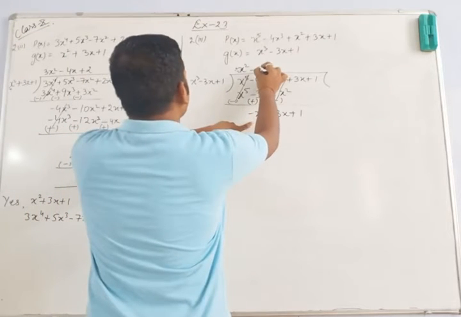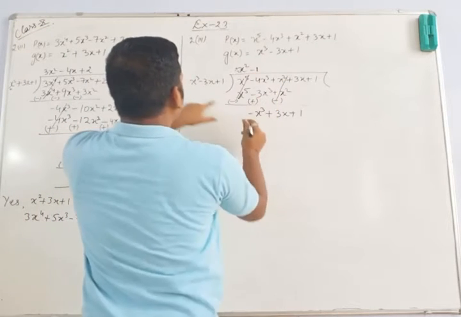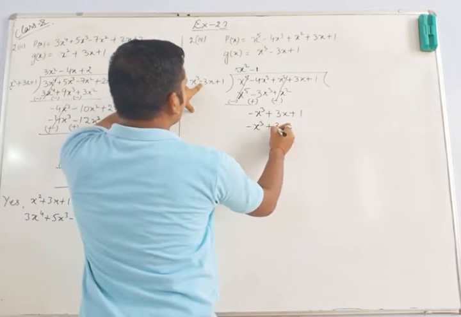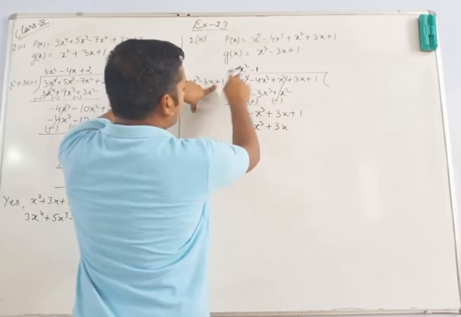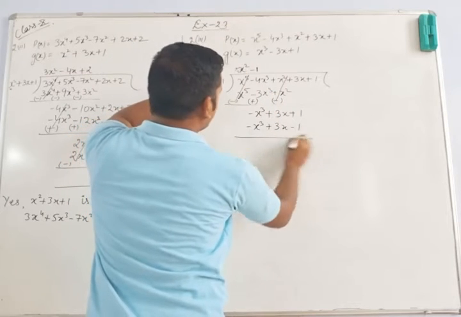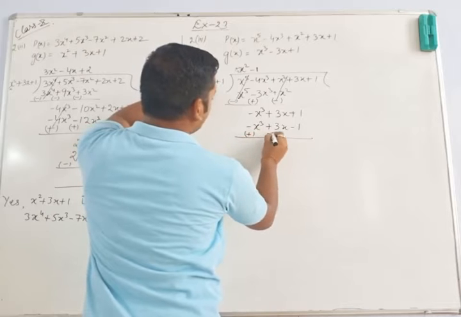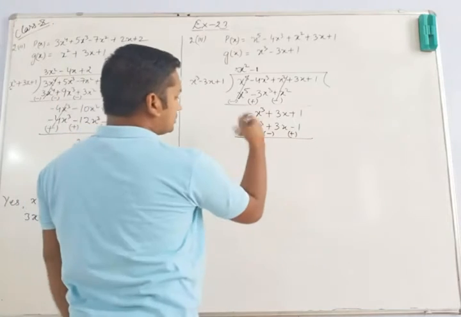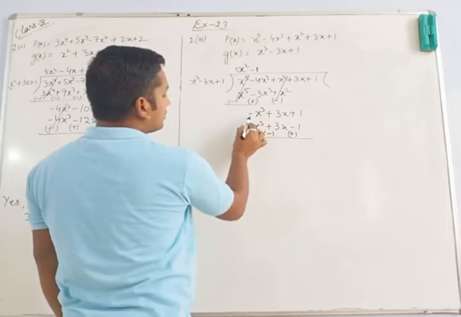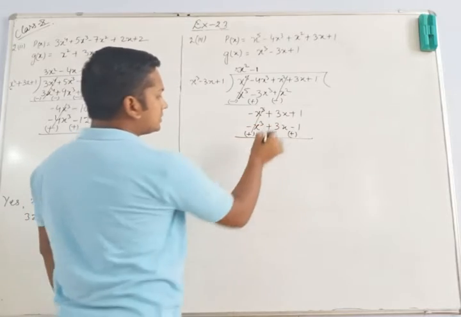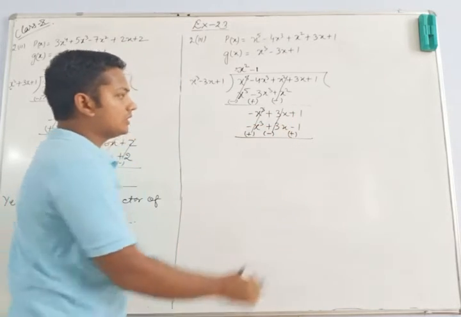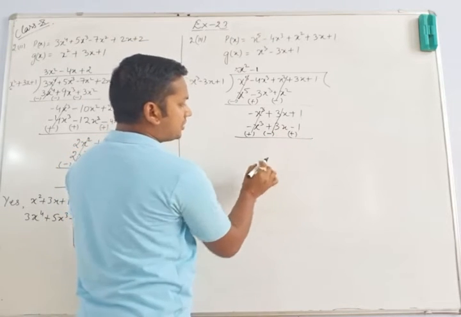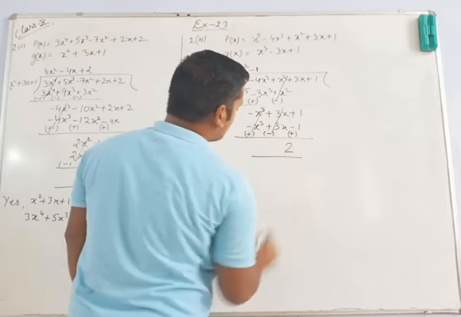Now we will be multiplying it with minus 1 so that it gets cancelled out, so that we can get the same term. So minus 1 we will be multiplying it with, so it will give you minus x cube, minus minus plus 3x, and positive 1 and minus 1 will give you a negative 1. So this will become positive, this will become negative, and this will become positive, which means the sign will be interchanged. So this is negative, this is positive, both will get cancelled out. This is positive, this is negative, they get cancelled out, and both the terms are positive. See, this one is plus 1, this one is also plus 1, so both of them will get added, so it will give you a 2.